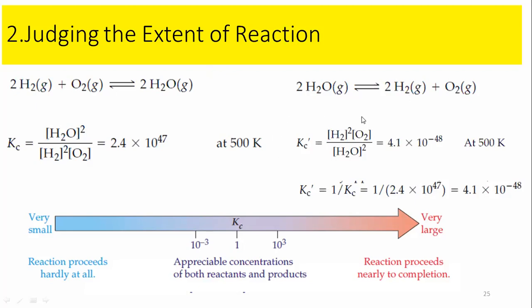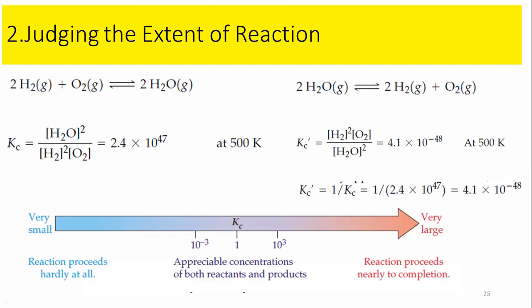And again, this is the equilibrium constant expression for this reaction, and the value of this one is 4.1 × 10^-48. So look at the value of this one. This is much, much less as compared to the value of 1. So that means the value is also indicating that this is non-spontaneous. Actually, at this point, I have just explained what you have already learned in the previous classes.